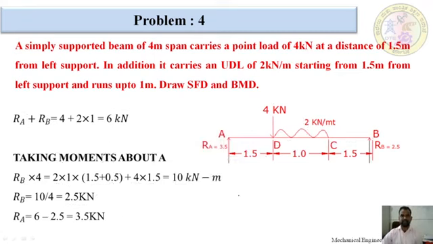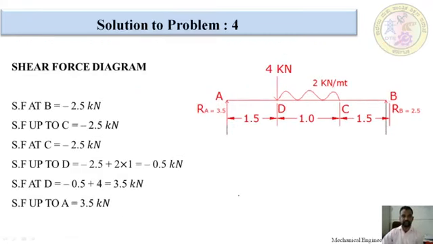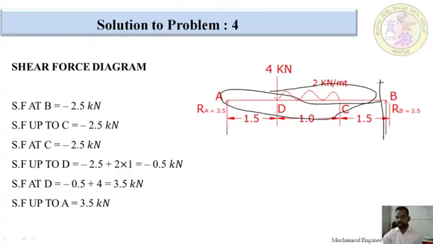Next we start with the shear force calculation. This is shear force calculation. RB we got 2.5, RA we got 3.5. I am going to start calculation from the right corner only, right to the section only. First, I want to find out shear force at section B. First I am going to draw a section. In this problem, we are only required to calculate right to the section only.